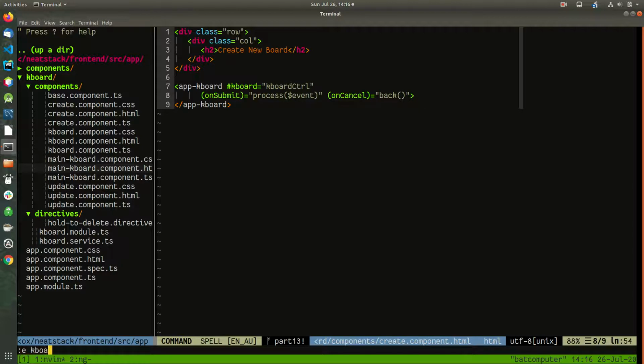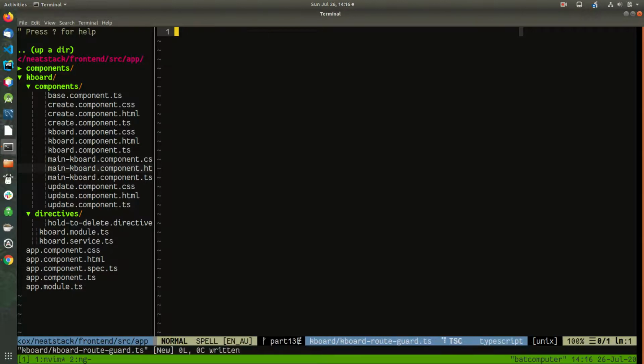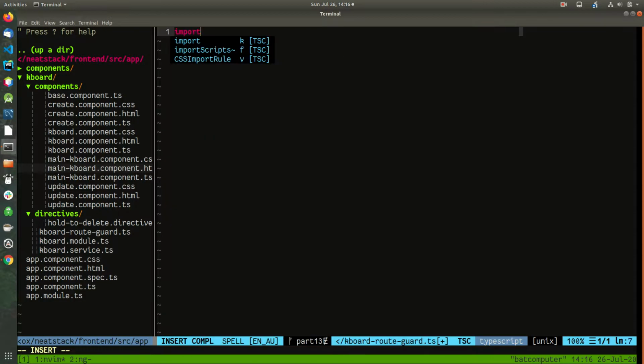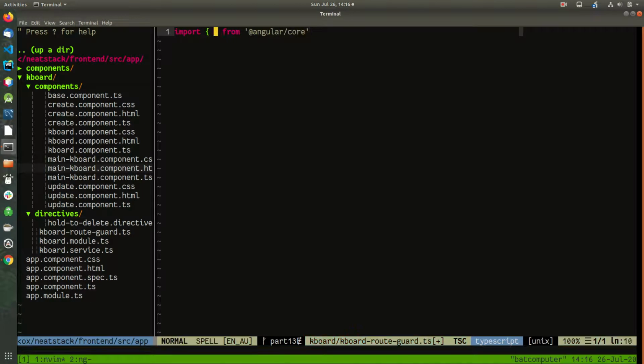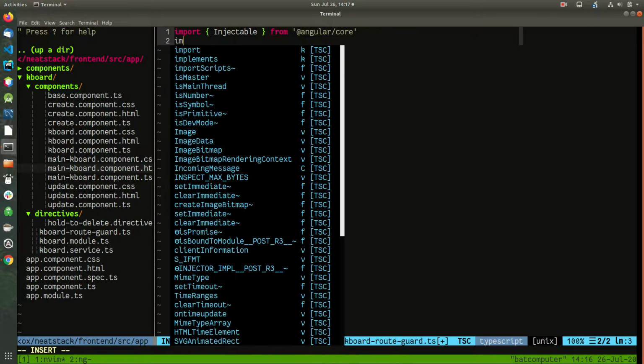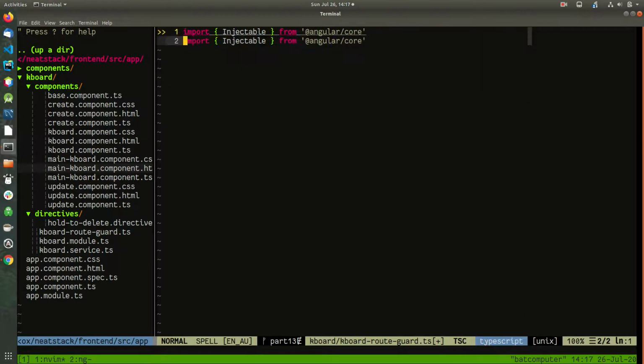I'm going to create under keyboard. I will call it keyboard route guard, and then it's here. I'll import in, let me just do some imports first. From Angular core, I'm going to import in the Injectable. I will also import in the